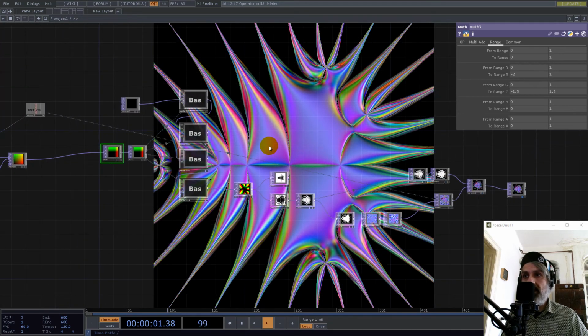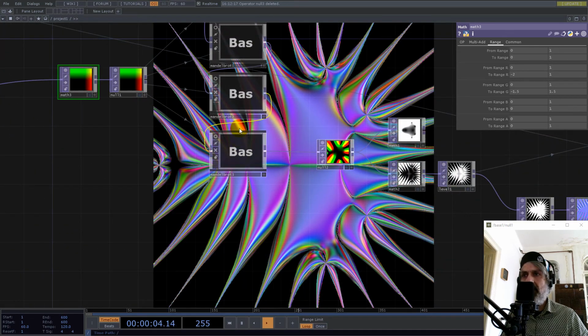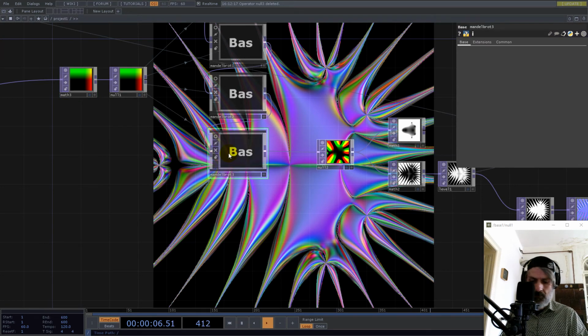And if we increase the number of iterations now, let's say